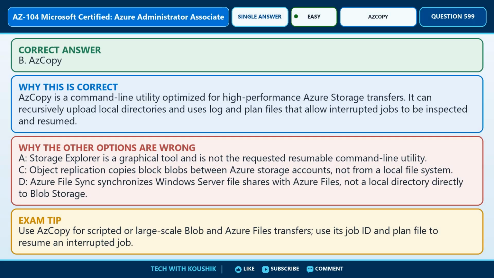The appropriate choice is option B, AzCopy. The reasoning is as follows. AzCopy is a command line utility optimized for high-performance Azure storage transfers. It can recursively upload local directories and uses log and plan files that allow interrupted jobs to be inspected and resumed. The alternatives can be eliminated because